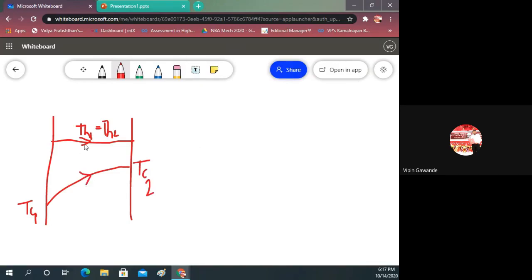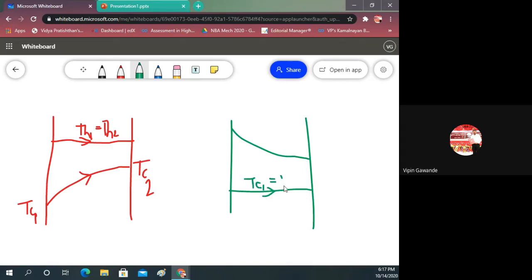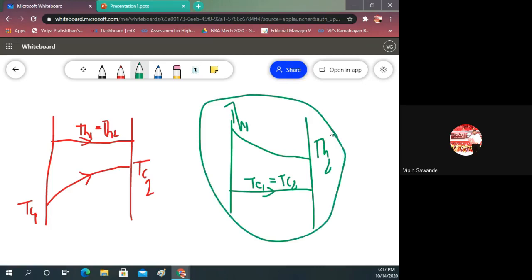Condenser is there. If evaporator is there, then it is the opposite of this one. The constant temperature line comes downward here, and the hot temperature. I will draw that one. So if this is for condenser, what is for evaporator? Evaporator like this. This is cold feed. TC1 is equal to TC2, and this is TH1. This is TH2. If an evaporator problem is there, you have to use this diagram. If a condenser problem is there, this diagram.